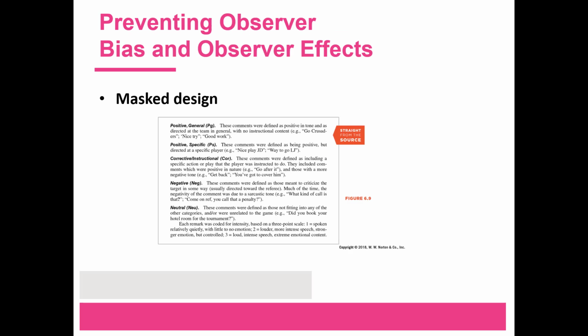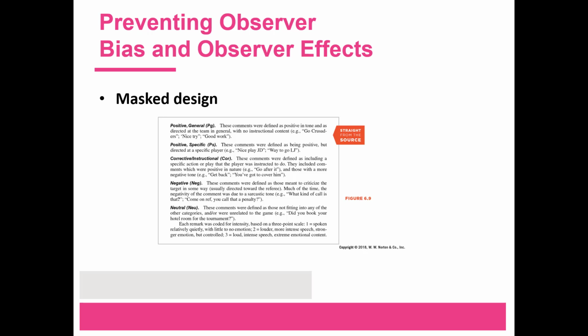So how do researchers prevent observer bias and observer effects? Researchers need well-trained observers. Having clear rating scales or codebooks is important as well. You can see an example of a good coding scheme here on the slide. In order to assess the construct validity of a coded measure, multiple observers can be used to determine the inter-rater reliability of the measures. If inter-rater reliability is low, then observers might need to be retrained, a clearer coding scheme for behaviors needs to be used, or possibly both.